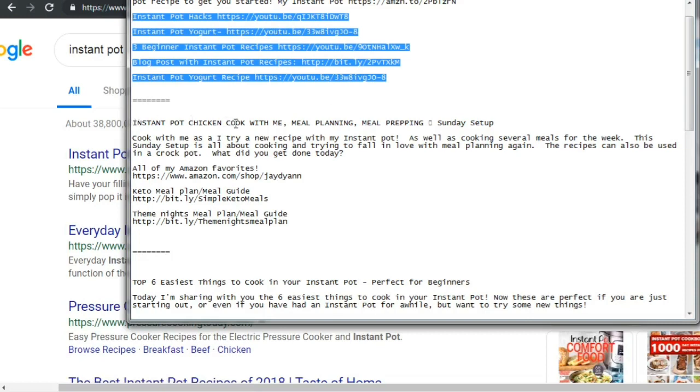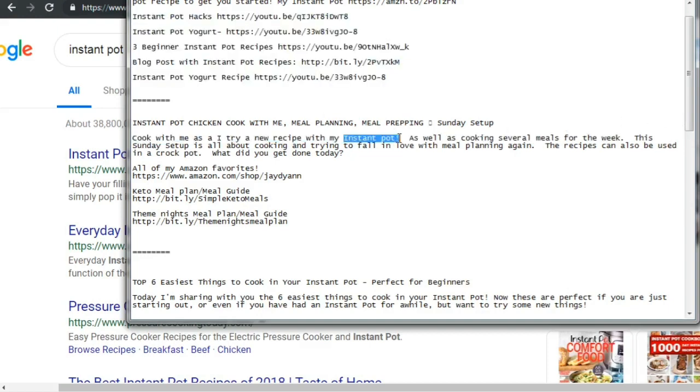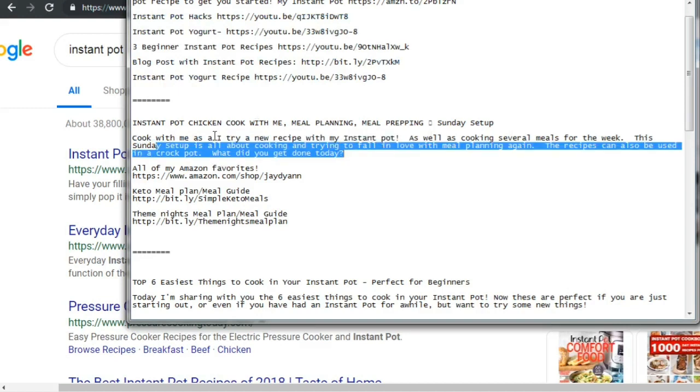So this is the lady who is ranking really high on Instant Pot, but also Instant Pot Chicken. So it says cook with me as I try a new recipe with my Instant Pot. So we can see the keyword Instant Pot here. And as you can see, the description is really written for the user, but it contains the keywords that are necessary. So you don't need to write something like Instant Pot Chicken or something that's just a bunch of garbled